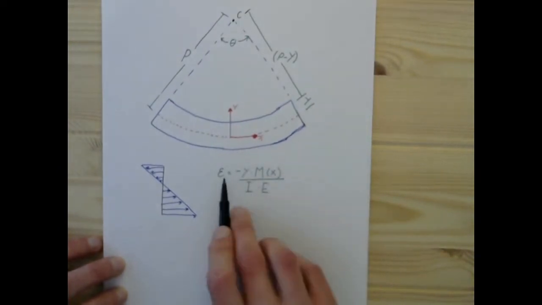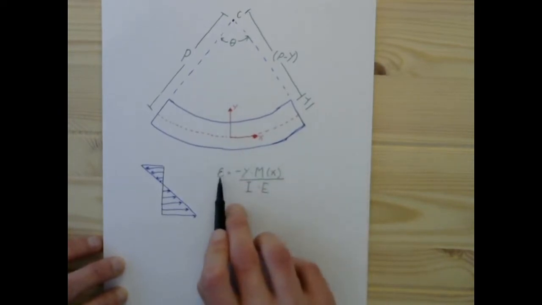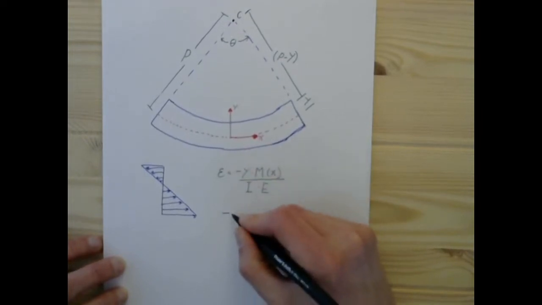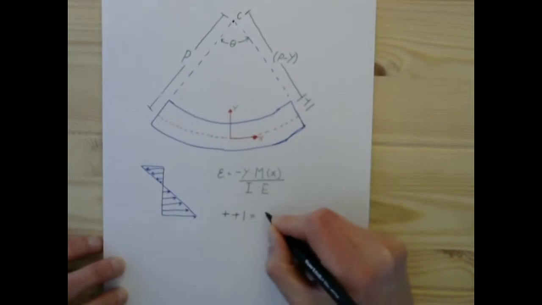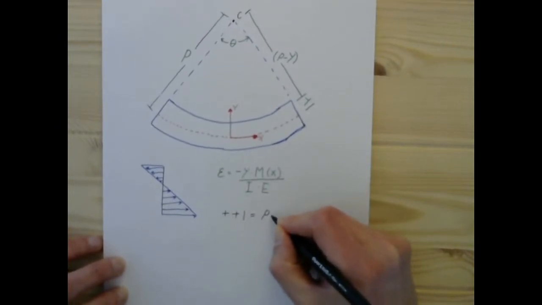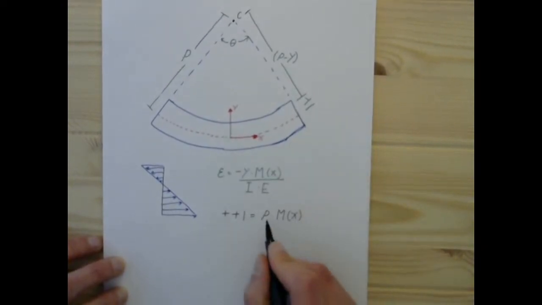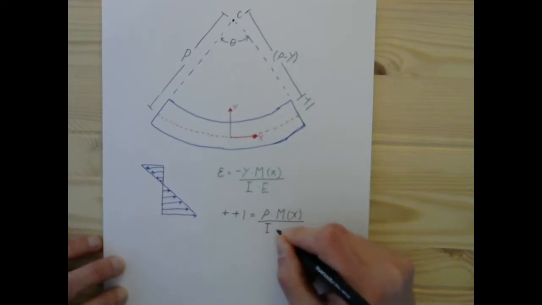So if we pop rho in there, this must be -1, so we're going to end up with, and I'll pop that negative sign over there, so we get +1 is equal to rho times the moment, we'll call that a function of x, divided by the second moment of inertia